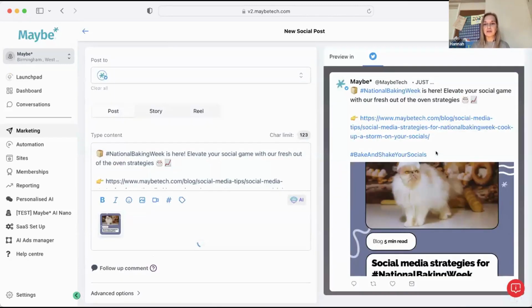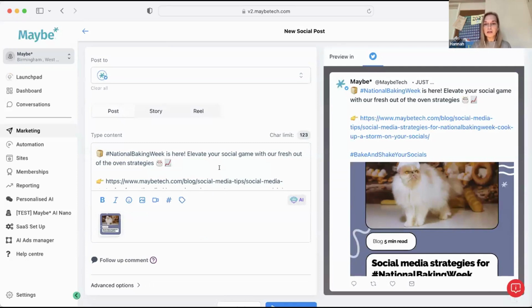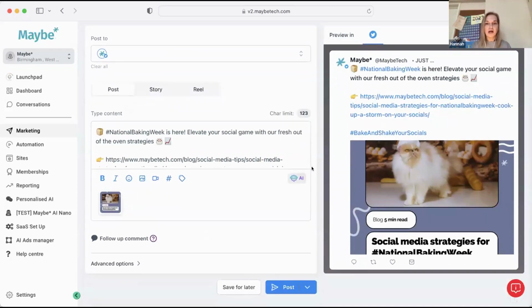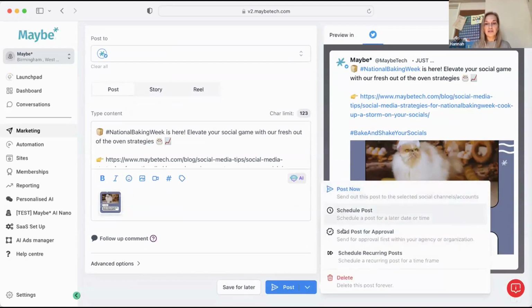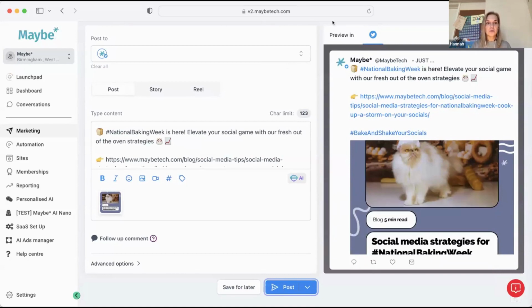So obviously when you've produced a piece of content, you really want to make the most of it and post it as many times as is relevant. So if you've got a piece of content that doesn't date, you can clone that piece of content. What it does is it just opens the post again, as you can see here, as a fresh piece of content. You can update it, review it, add to it as you want, or you can just post it as is. And then once you're happy with that content going again, you can post. You've got different options for posting, which we'll go through in a moment when we add a new post. But you can share it now, or you can schedule it for a point in the future.